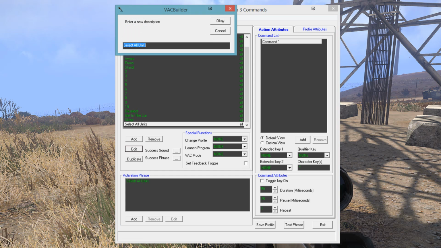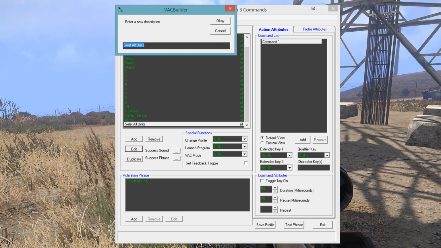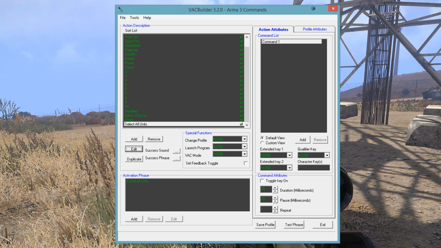And I spelled that wrong. God, I put a D in there. Bam, fantastic. Well, hold on. Select all units. All right. So this is where you have what it does. Down here you have your command attributes. You can have it a toggle. You have the duration and stuff down here. For